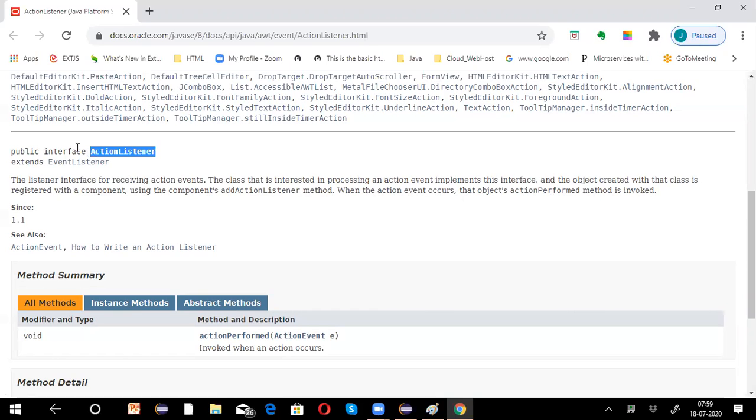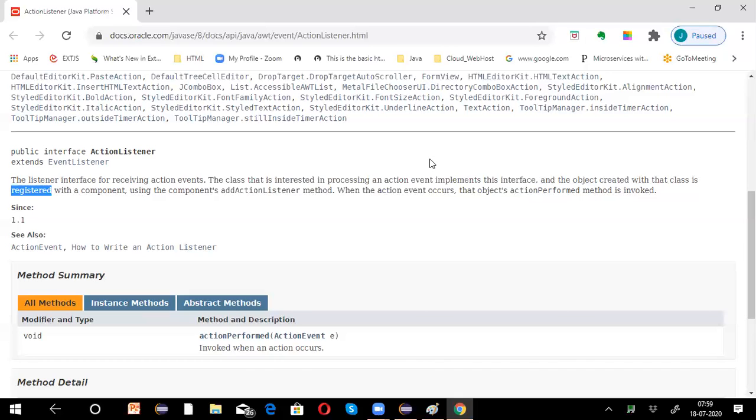So public interface ActionListener. Now, the listener interface for receiving action events. ActionListener is an interface for receiving action events. The class that is interested in processing an action event implements this interface, and the object created with that class is registered with the component.